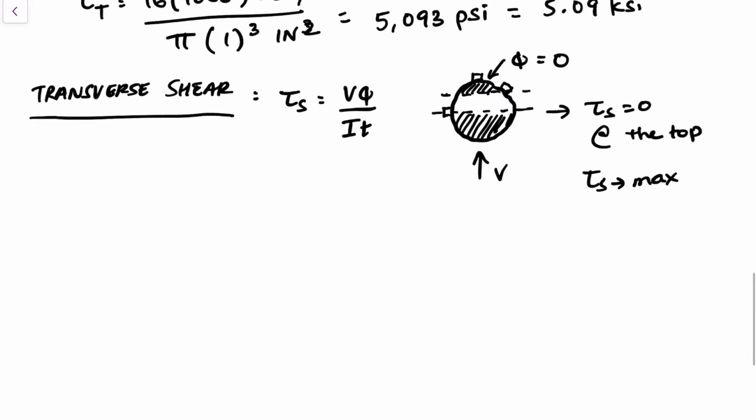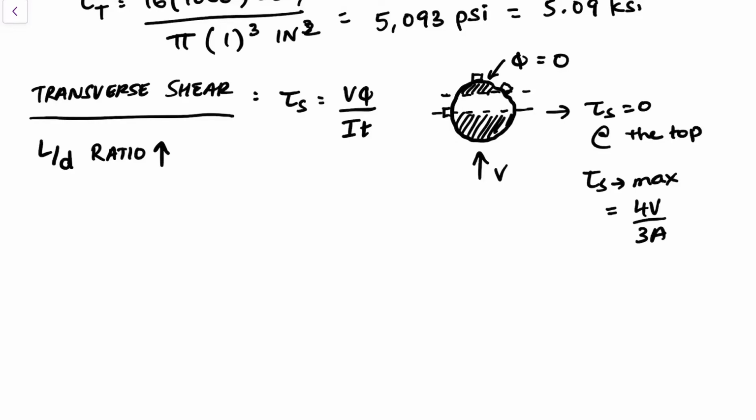and none of the other values will change. And if you want to evaluate that for a solid round beam, it would be 4V over 3A, where V is the shear force and A is the cross-sectional area of the shaft. Now, let's say your shaft is actually pretty long, so that means that the L over D ratio, which means the length of the shaft versus the diameter of the shaft, is a lot higher,